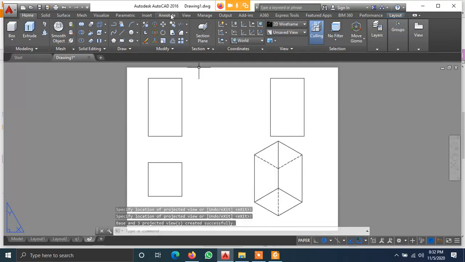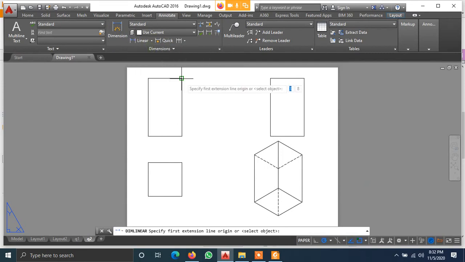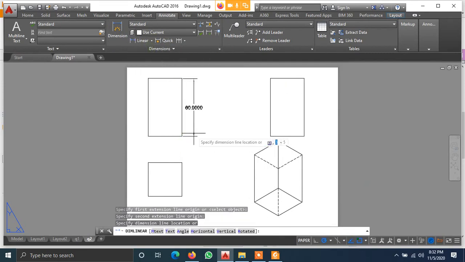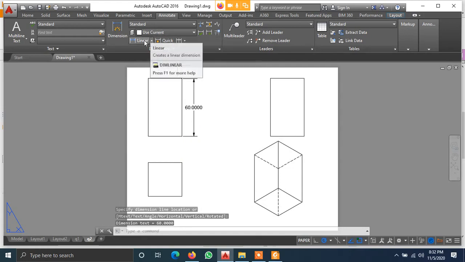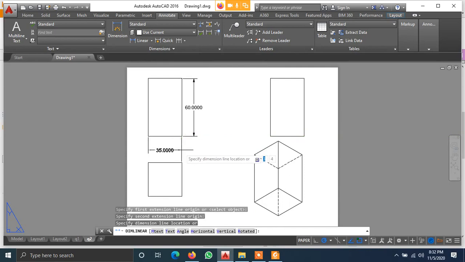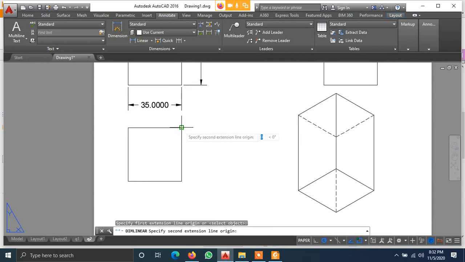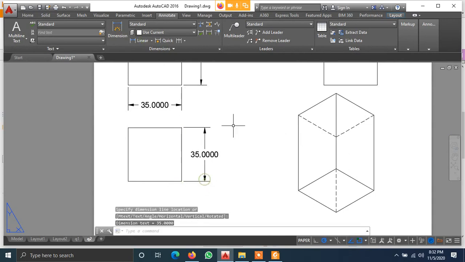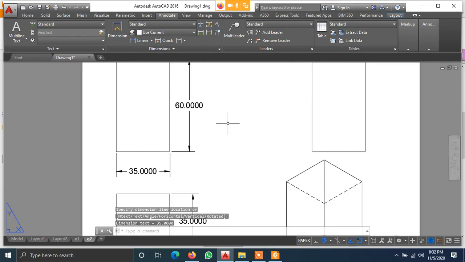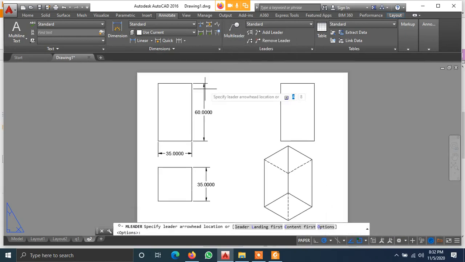Click on annotation, use standard annotation, which is linear, axis height is 60. In one dimension itself we can finish both because the orientation is like that. If you want, you can still make a linear dimension for the top view also. I'll drop one multi-leader in order to make you understand.